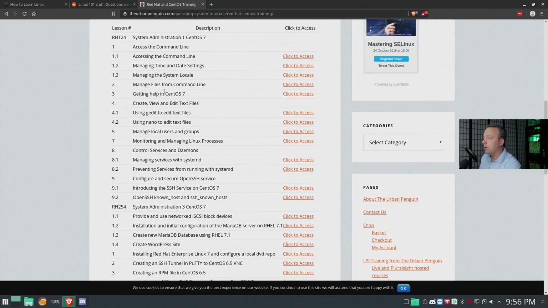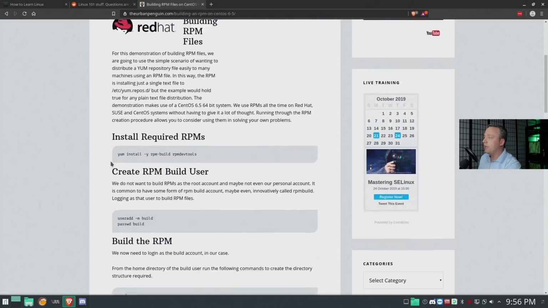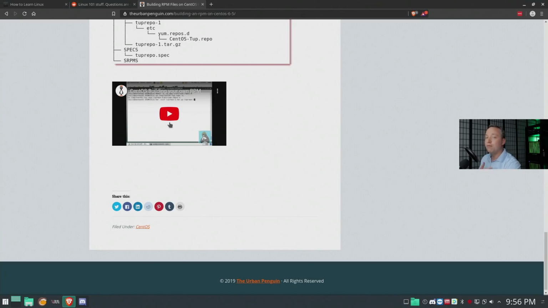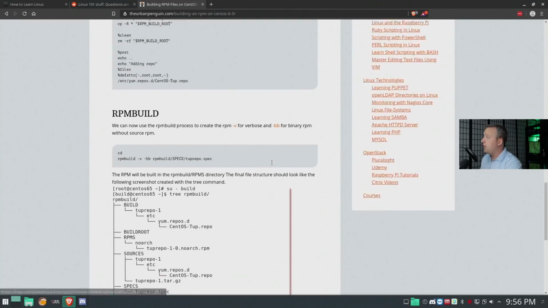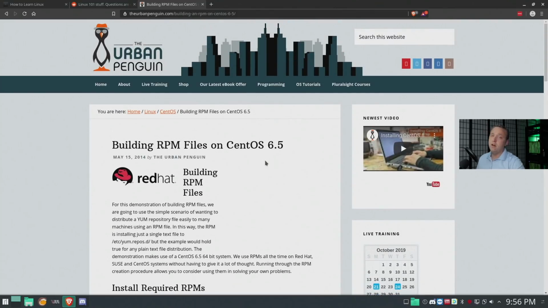So you can go, oh, you know what? I want to learn about creating an RPM file in CentOS 6.5. And you can click it, and it'll take you right here and give you the guide, the whole web page. And then at the very end, he usually has the actual video walkthrough. So Urban Penguin, he is a fantastic English gentleman. I like his videos, honestly, a lot better than mine in some instances because of the depth he goes into in each one of these subjects and really tackles things in a different manner than I do. So he's almost like the yin to my yang. He's awesome. Love this guy.